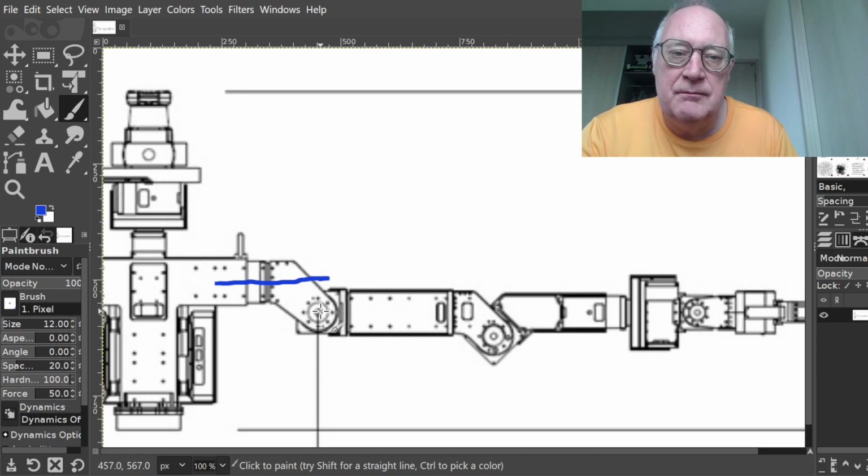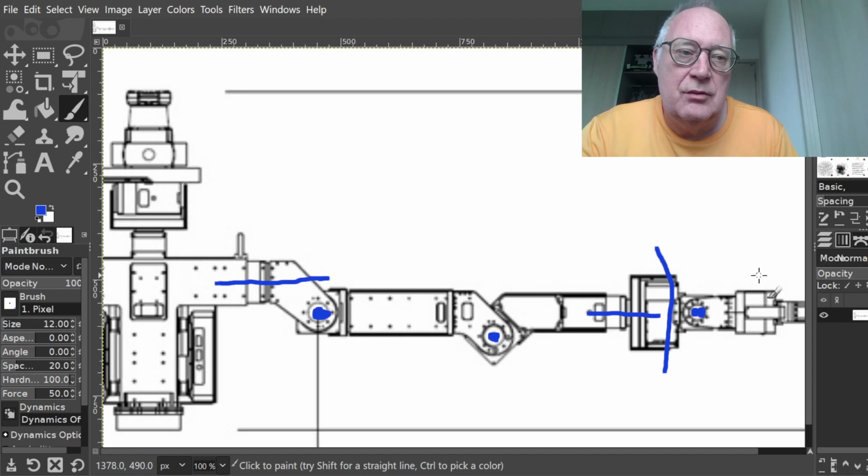The second one would be here, pointing out of the page. The third one is here, pointing out of the page. Fourth one will be here, fifth one is here, sixth one is here, and then seventh one would be